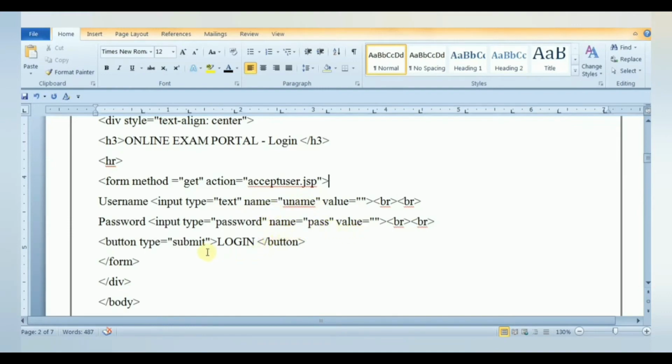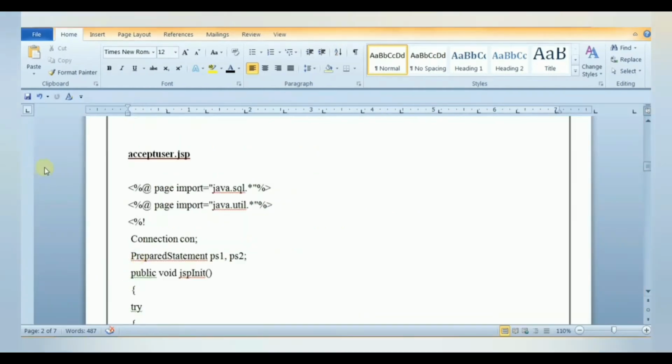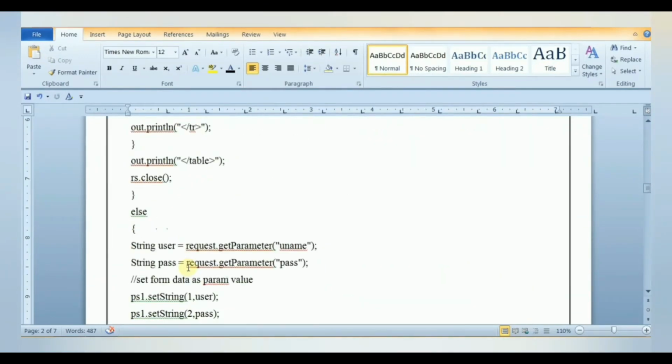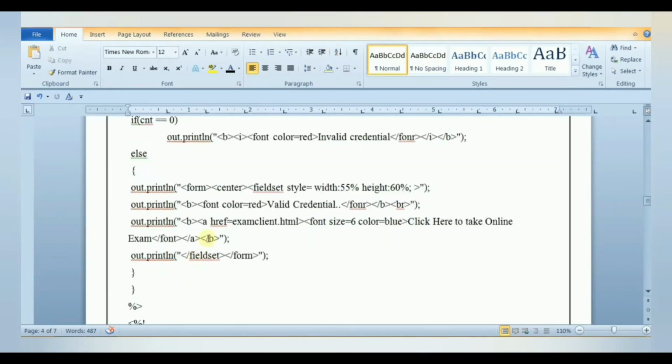When the user inputs the username and password and hits the login button, the form data is submitted to acceptuser.jsp. Now we create a JSP file to process the user request. Once the user enters his username and password, acceptuser.jsp will check for the existence of the user in the database. If it is a valid user, it will display a message, "valid credential and click here to take online exam", as a clickable link. On clicking the link, it will take us to the examclient.html page where we do our online